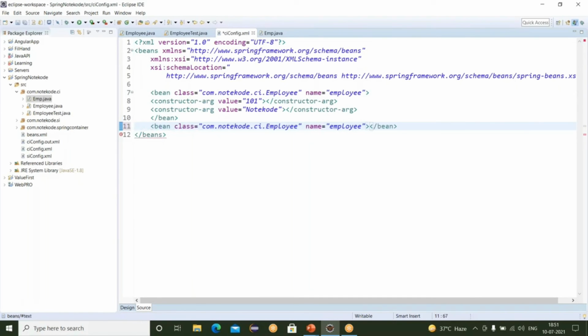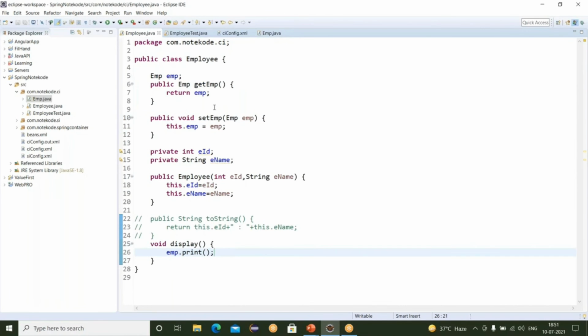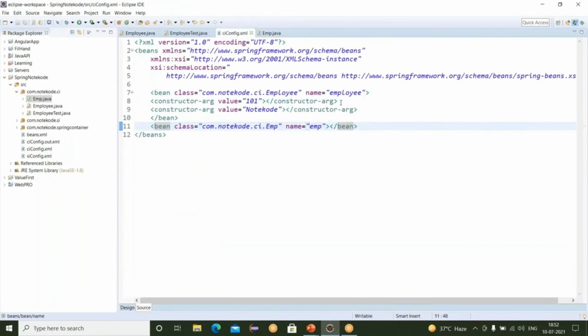Just close this, and this is for the EMP class. Our package name is the same, com.notepad.ci, and our class name is EMP this time. And also taken the reference like emp. Okay. And now, since we created the instance of EMP in the Employee class, we have to do the auto wiring in Employee.